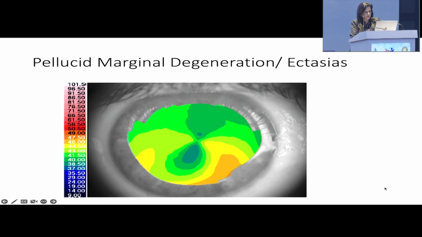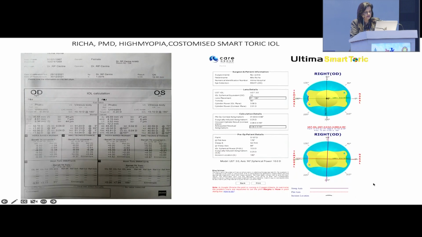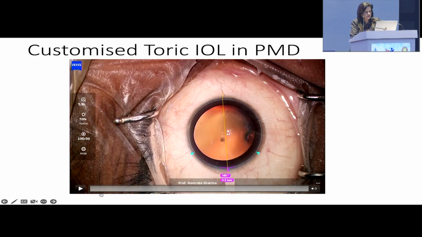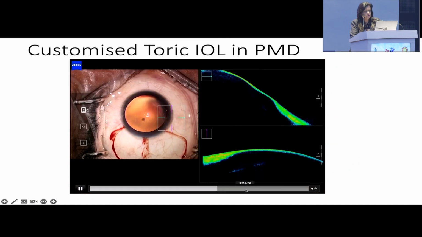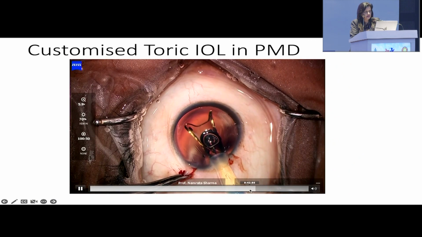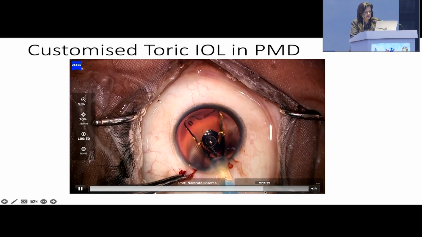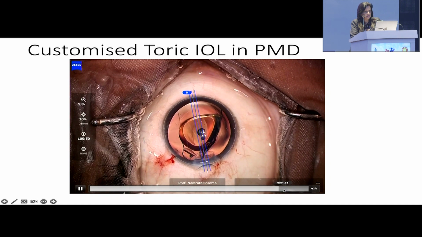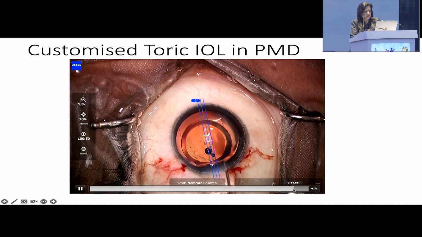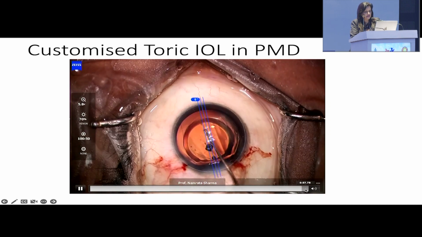Now, in cases of pellucid marginal degeneration or ectasia such as this, which is more in the periphery and sparing almost the central part, one can use customized toric lenses as was used in this case. And after doing this surgery, this is the customized toric intraocular lens implantation which is being done. And these cases do well, especially the pellucid marginal degeneration, because the center part doesn't get affected as much as